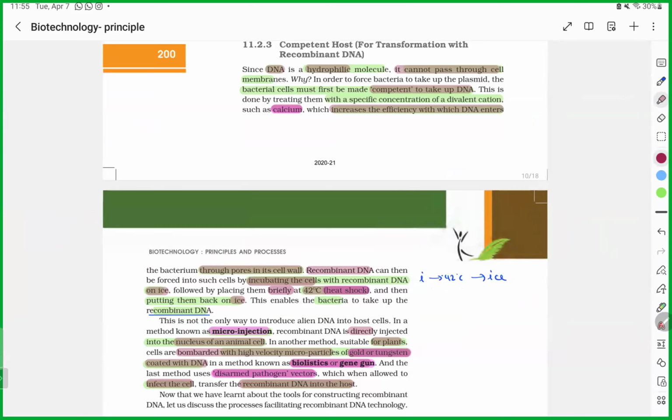Because the cell membrane is made up of lipid bilayer, so it is made up of fat, so it cannot allow. Like the plasma membrane or cell membrane cannot allow it to pass through because it is mainly made up of lipid bilayer, right? So